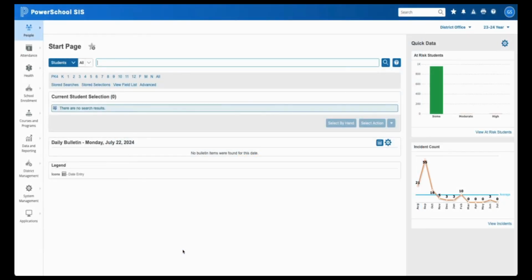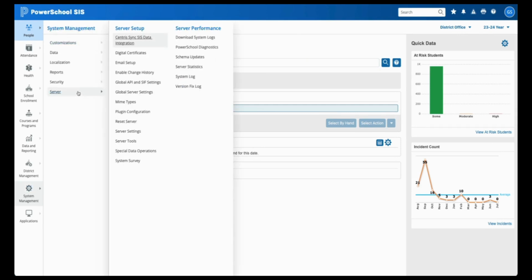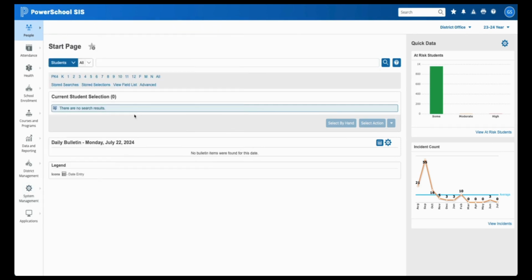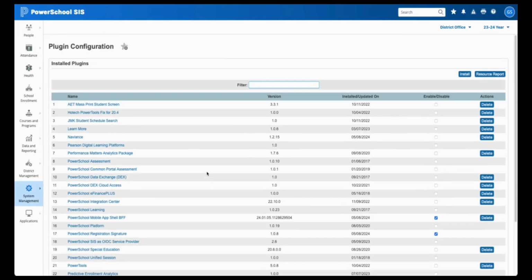The first thing that you need to do in PowerSchool is install the MyFlexLearning plugins. We can find the plugin management when I'm at the district office under System Management, Server, Plugin Configuration. Here you will see any plugins that you have already, and this is where we want to import and install